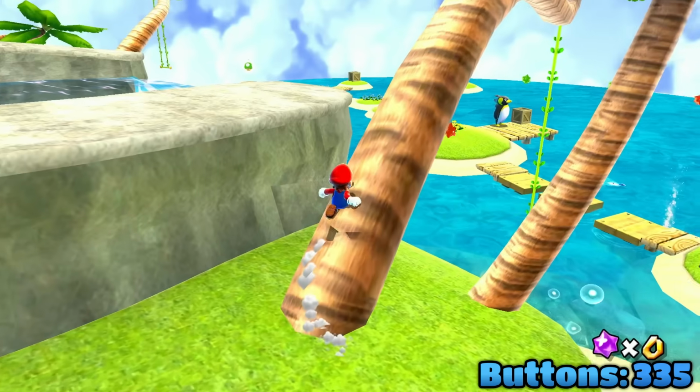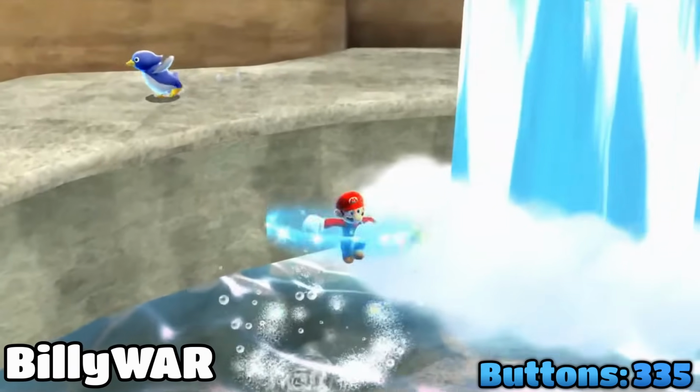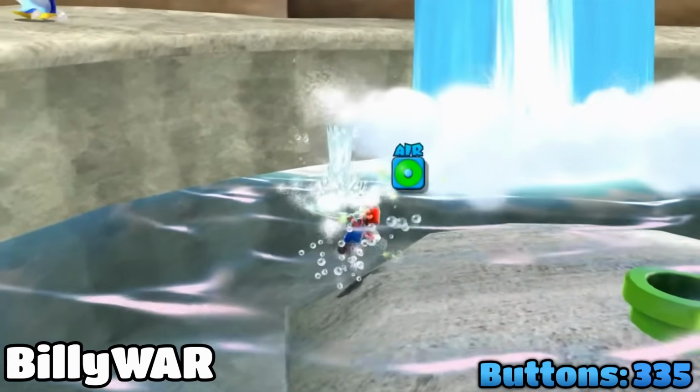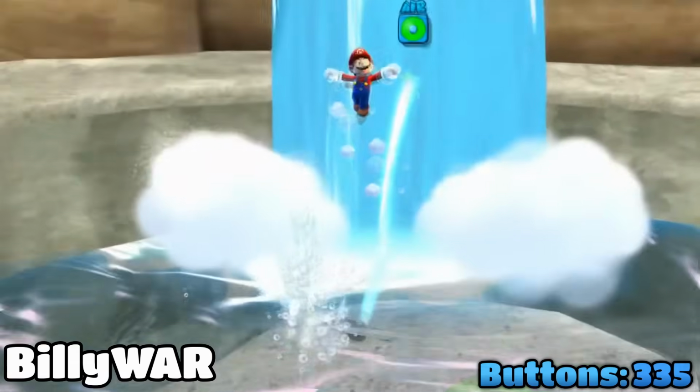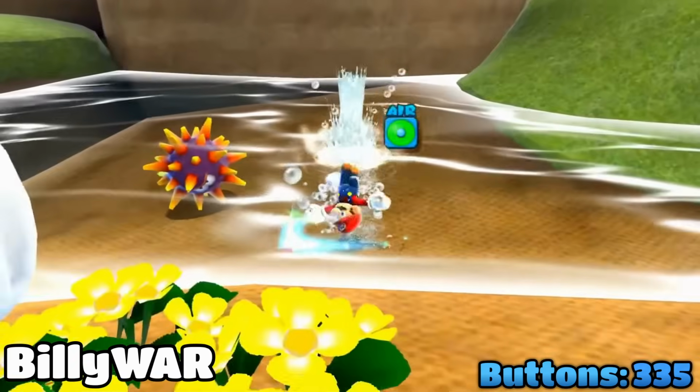We walk up to here, mid-air spin off this tree, and then do a shore launch. I'm not exactly sure how shore launches work, but you basically want to spin when Mario's head is in the ground underwater, which causes him to fly upwards into the air. Once we launch up to the top, we can free the star by spinning and do another shore launch to